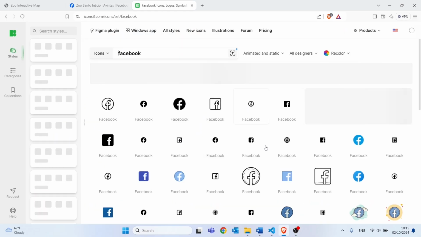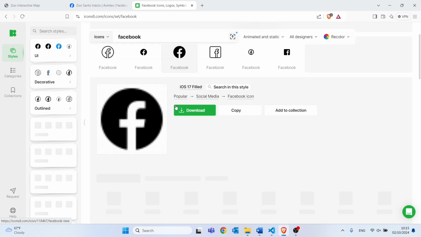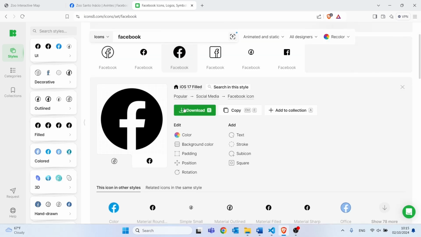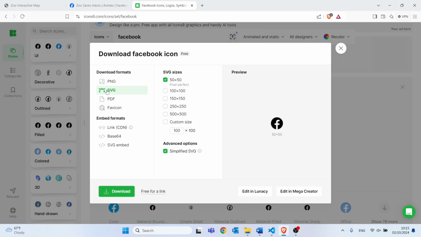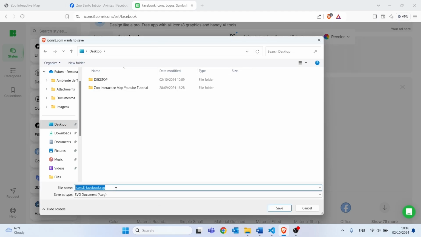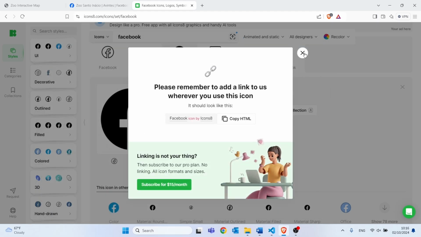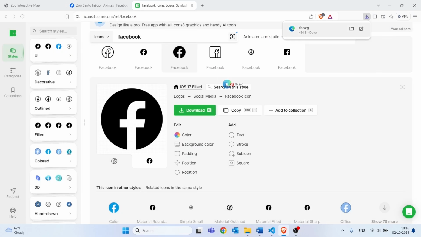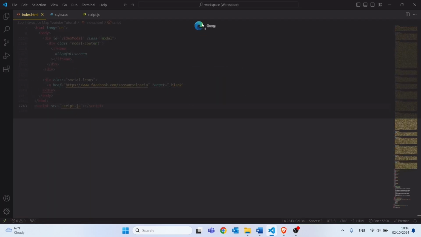Choose one of them. I will go for the third one. And to download, click on download. Choose the format, SVG. The size as well. I will choose this first one, 50 by 50 pixels, and click download. I will save it directly on my desktop with the name FP, and then I will drag it into VS Code